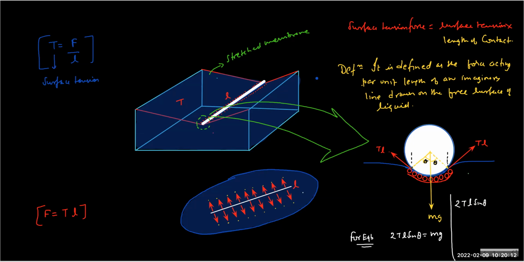Maximum force. So maximum is only when it is almost semicircular shape. The dent is like a semicircular, correct? So the question is, what is the maximum mass we can balance by the surface tension? What is the m value which we can balance? So the maximum value of m that we can balance is, m maximum will be how much? 2TL by g,